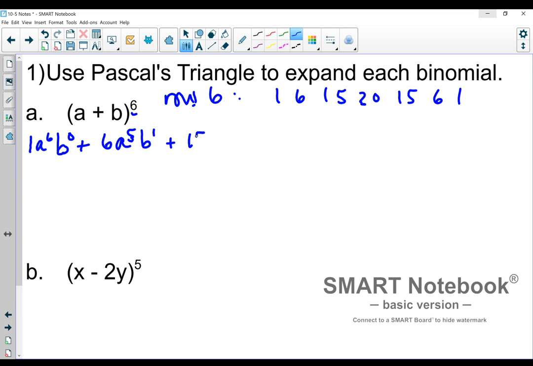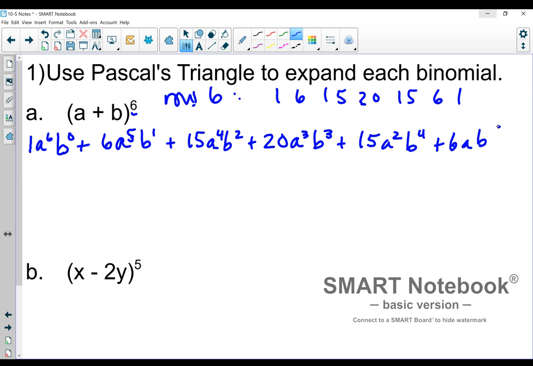And then next I have a 15, and now a is down to the 4th power, but b is squared. And then 20. And now I have a cubed, b cubed. And then it's 15. So my powers of a are still going down: 6, 5, 4, 3. This is going to be my a squared, and now b is going to count up and be fourth. And then I have